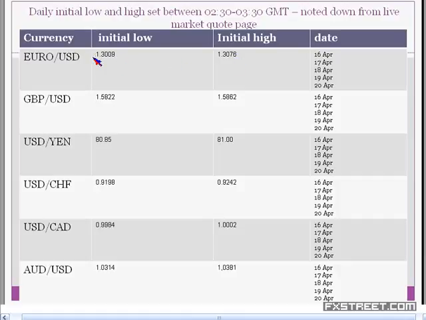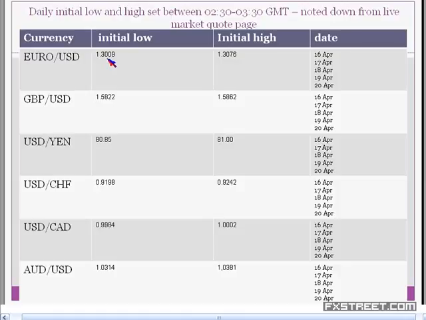Those who would have followed it would have noticed last week they started around 1.3034 and then ended up going closer to 1.33, then came down. Then again they are starting around the same level, 1.3009, and the high is 1.3076. From the start, they have not breached the initial low or the initial high, indicating that they are making only lower level swings as a week beginning false move.